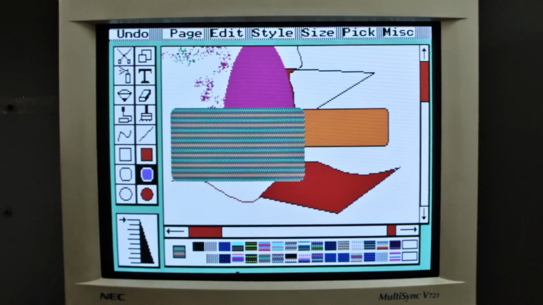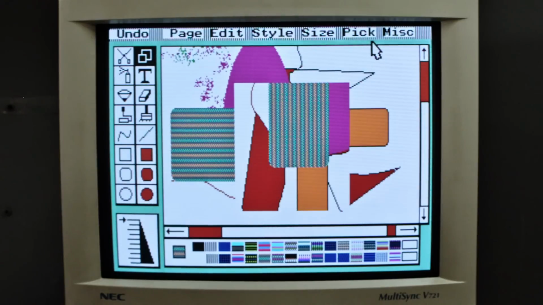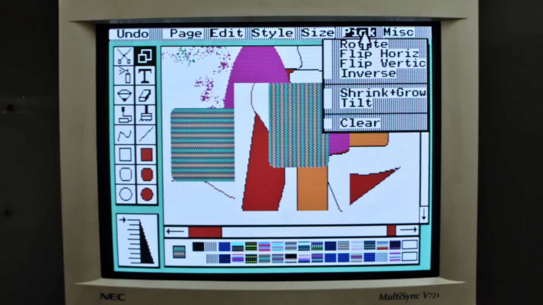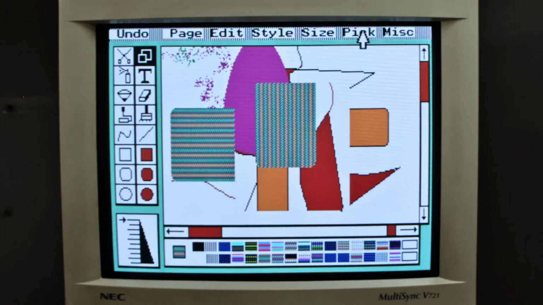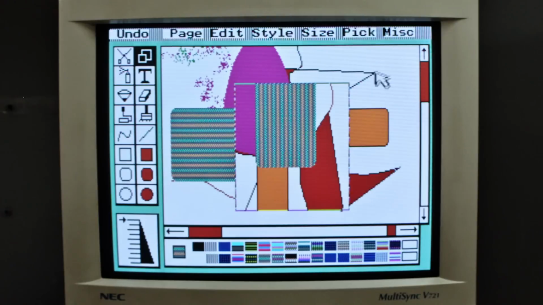But there are some other things which I would call effects rather than drawing primitives. They all apply if you select a rectangle here, so I'm just going to go ahead and do that. It's called the pick, and it'll allow me to rotate that, unfortunately just by a multiple of 90 degrees. I can also do a horizontal flip. I can invert the colors. I'll take them back, doesn't look very good, and I can shrink or grow it, basically change the shape of